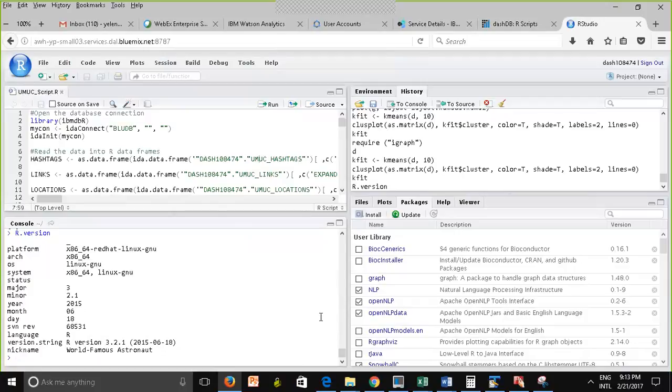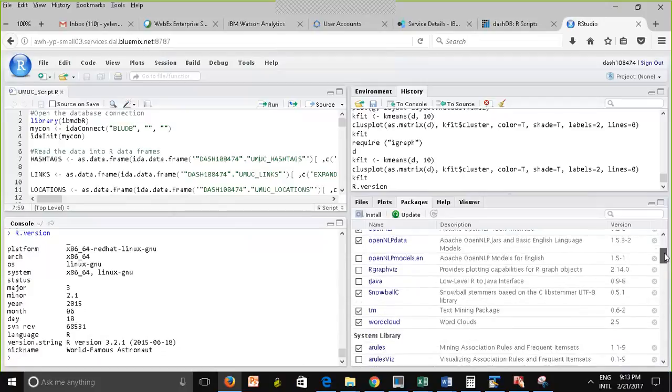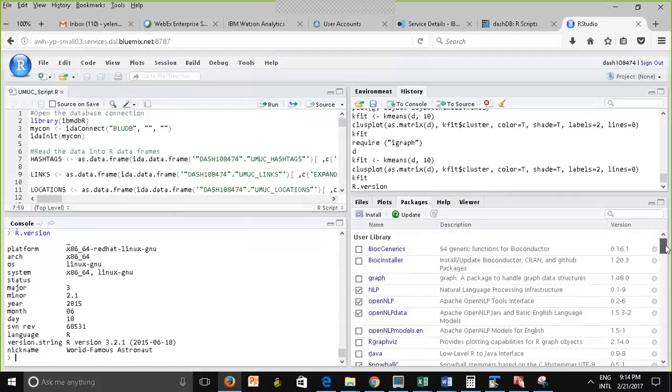So what I had to do is install the tm package. When I did that, I had to use the argument dependencies equals TRUE, because this package depends on NLP, and I believe it also depends on slam. So I want R to install the rest of the packages that need to be installed for me.